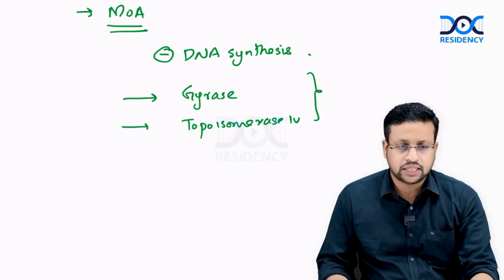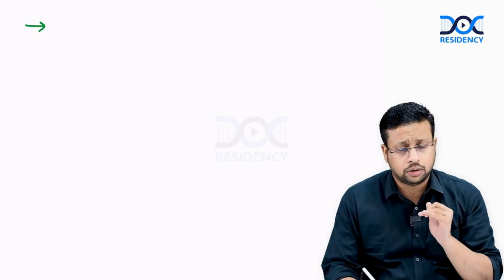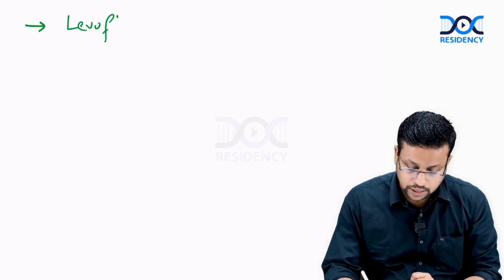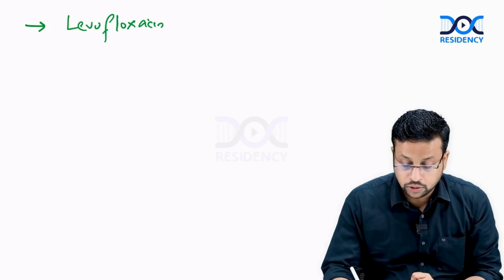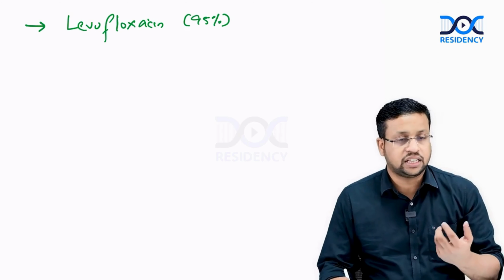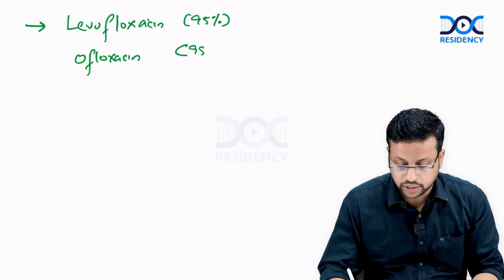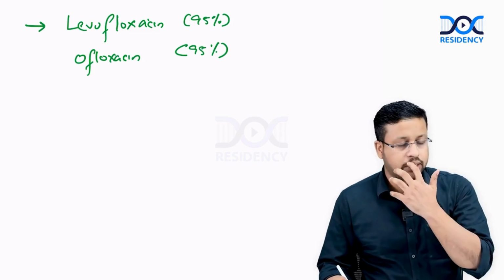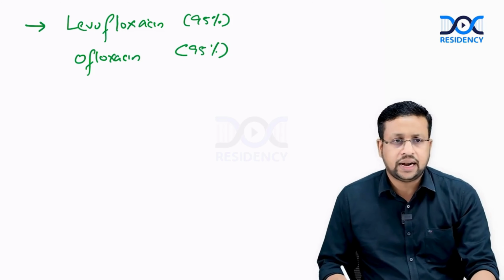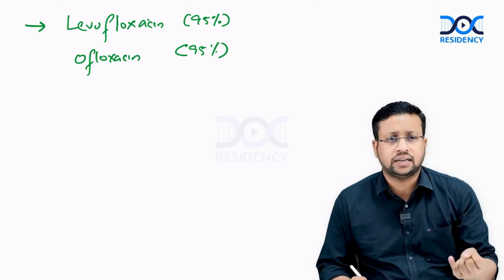As I've already told, fluoroquinolones have excellent oral bioavailability. Among the fluoroquinolones, Levofloxacin has excellent bioavailability, around 95%. That is, 95% of the drug which is given orally is absorbed and is available in the tissue. Ofloxacin also has excellent bioavailability, about 95%. The rest of the quinolones also have good bioavailability, but less than Levofloxacin and Ofloxacin. And again, they attain a very good concentration in tissues like lung as well as bone